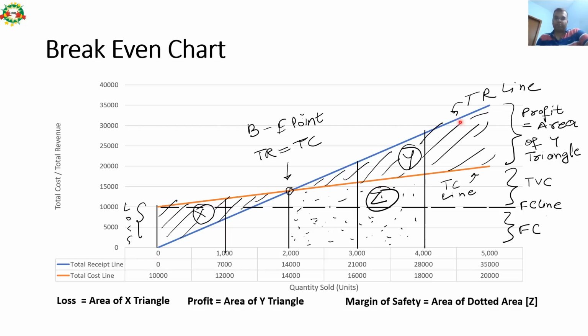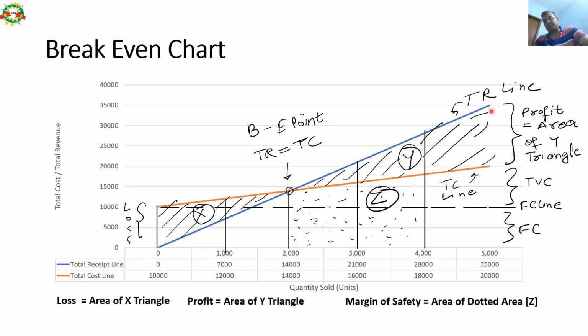Likewise, there will be a total revenue line also. This is the TR line, blue line. The orange line is the total cost line and the blue line is the total revenue line, right? So for total revenue at 0 production there was nil revenue. That is why the first point is this. At 1000 units there was revenue of 7,000 rupees, if you remember in the previous table. For 2000 units total revenue was 14,000. For 3000 units total revenue was 21,000, 7 multiplied by 3000. For 4000 units total revenue was 28,000. And for 5000 units production, total revenue was 35,000.